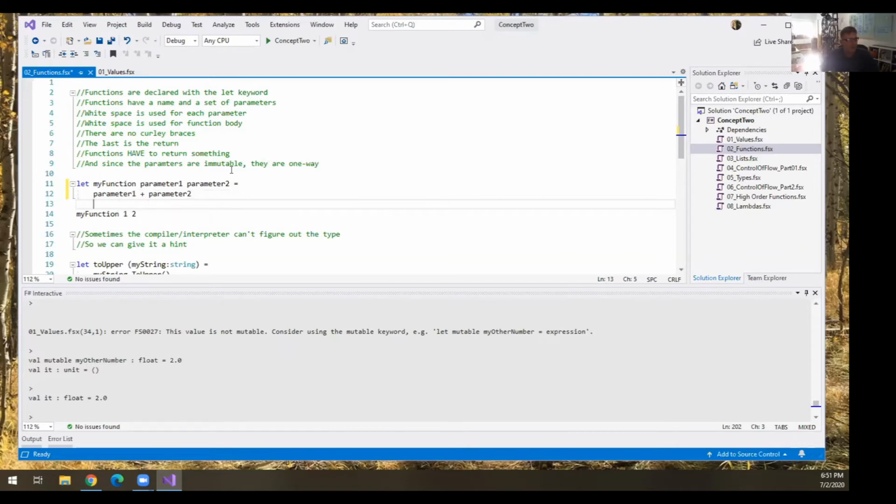So one other thing, there's no such thing as subs, what do they call them, in VB.NET? I don't remember, subs. You have to return something. So you can't have a function that returns nothing. You can't have a function that returns null. No null refs, we talked about this. So you might have a function, you think it's great, you think, oh, I'm just doing a side effect. I just want to write to the database and nothing comes back, so I don't care anything more. F# won't let you do it. You've got to return something. It could be a status code, it can be this kind of code. There's actually some syntactical sugar to allow it to be a fake, nothing happened. But the point is, your functions have to return something.